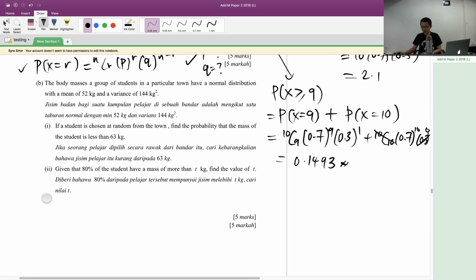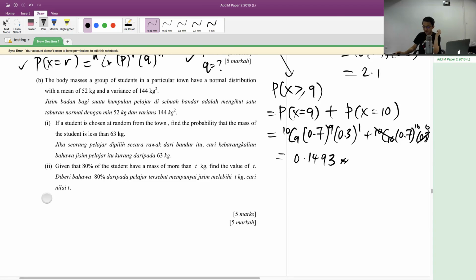Okay, so for part B, the body mass of a group of students in a particular town has a normal distribution with mean 52. It gives the variance, which I will change to standard deviation by taking the square root, 12. If a student is chosen at random from the town, find the probability that the mass of the student is less than